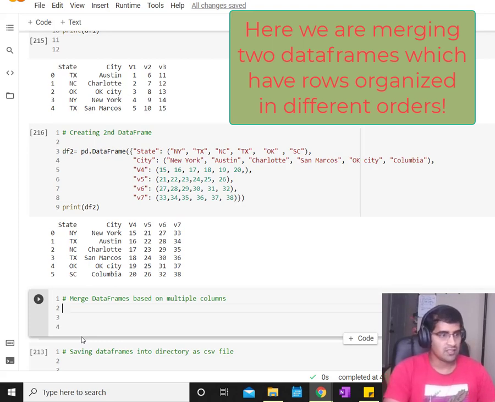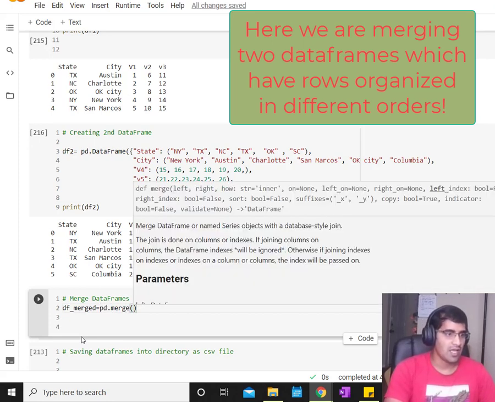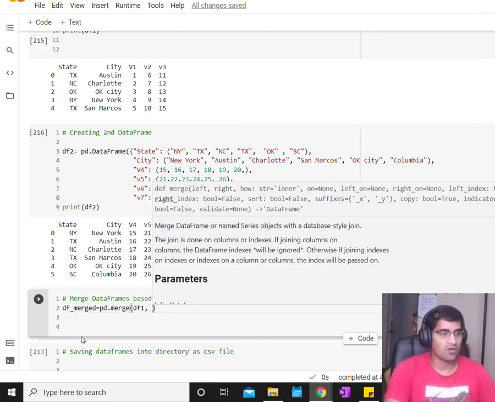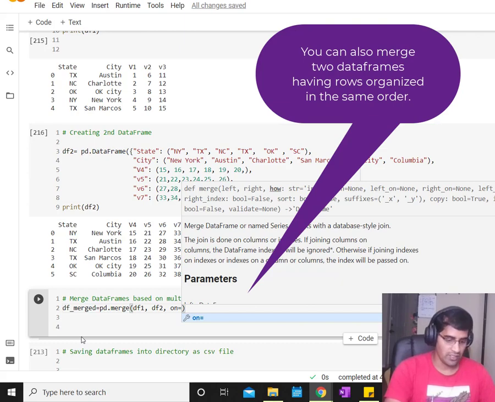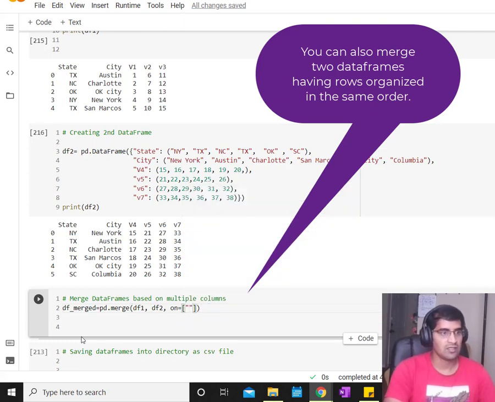So say it is df_merged equals to, you have to write down pd.merge, and then data frame 1 comma data frame 2, then on equals to, here within third bracket you have to put the condition, like based on the states I would like to merge them, and also based on the city.